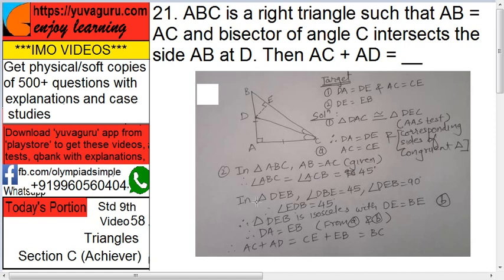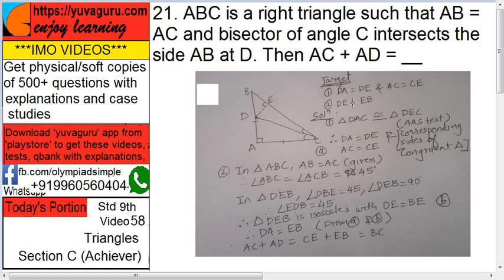Now in triangle DEB, remember this is 90 and this is 45. So what will angle D be now? It will be again 45, because 90 plus 45 plus 45 is 180. So in triangle EDB, these two base angles are equal, 45 each, so EDB becomes isosceles. And what does isosceles mean? These sides are equal: ED equals EB. So we have got DE equals EB now, right? So that's what we had to prove.